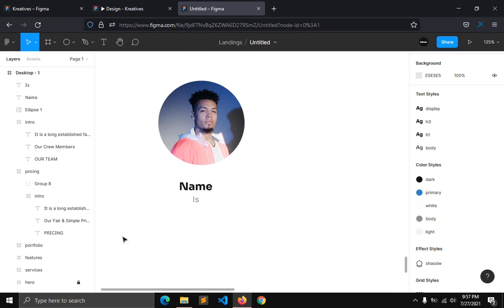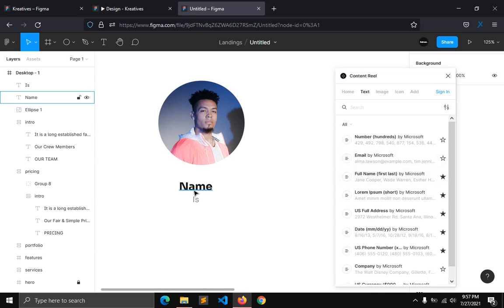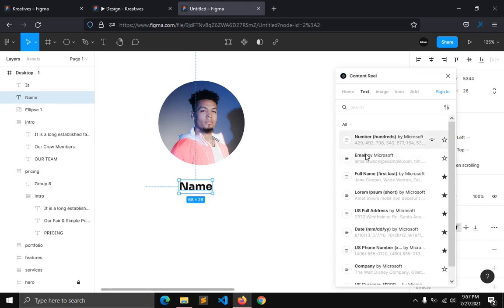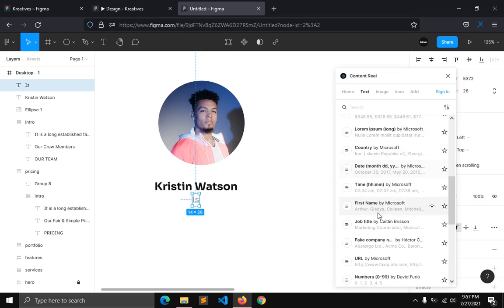Okay, so now what I'm gonna do, I'm gonna search for content reel. So this is a plugin you can install. It will produce some text, and let's say I want to generate a name. So I'm gonna select this one, and I'm gonna search for it. So you can click on the job title, so as you can see,